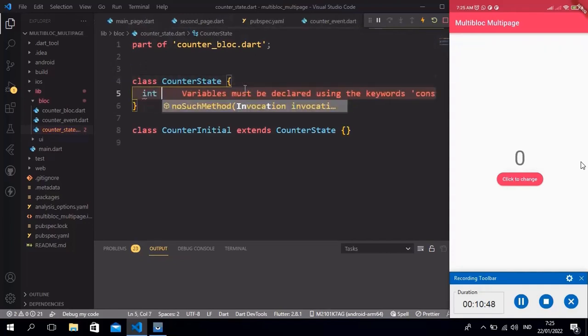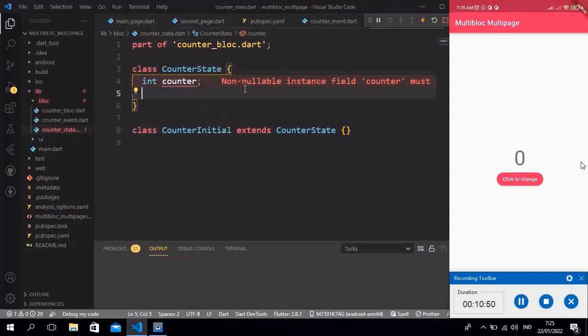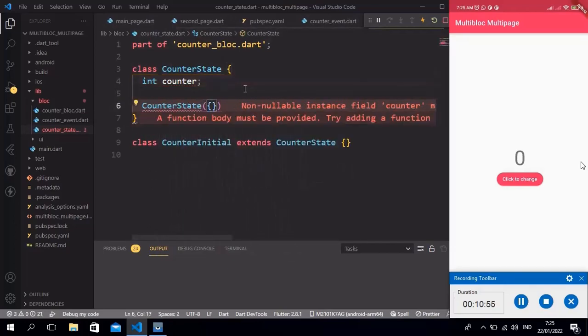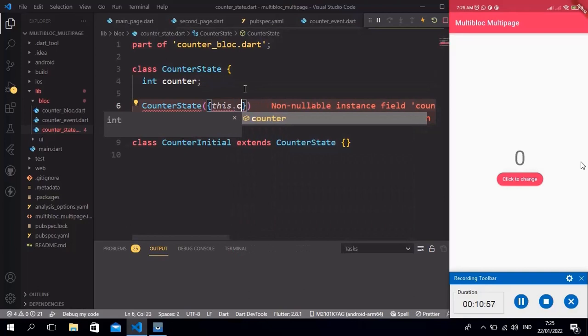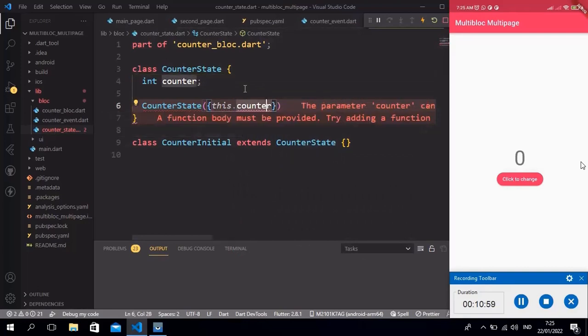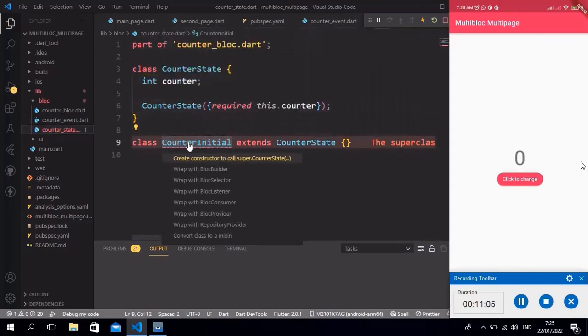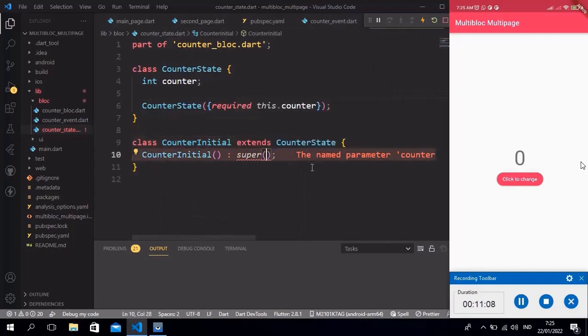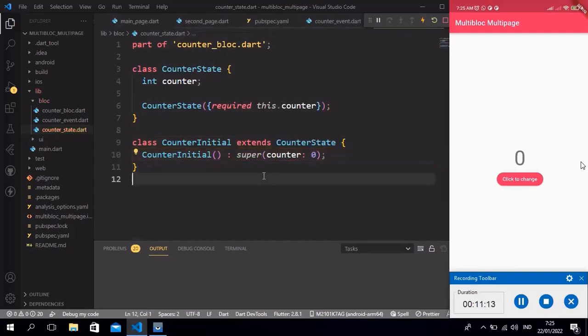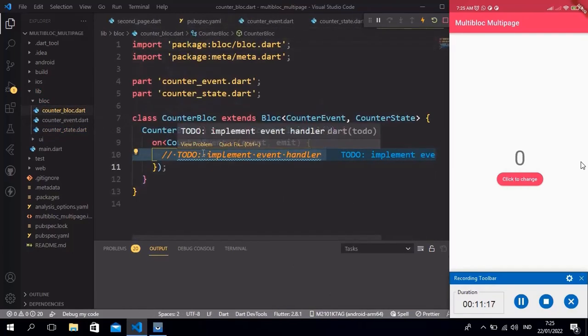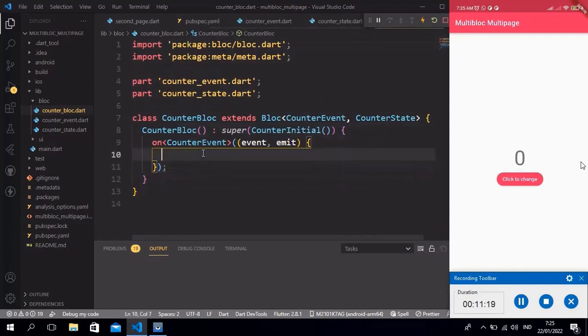We add variable integer counter, and we fill it in the counter state constructor, and we set it with the required keyword. Then we initialize the state with counter 0. Then we need to add logic in our block.